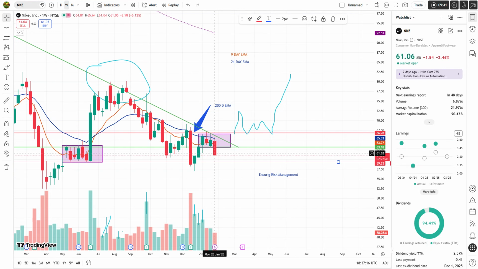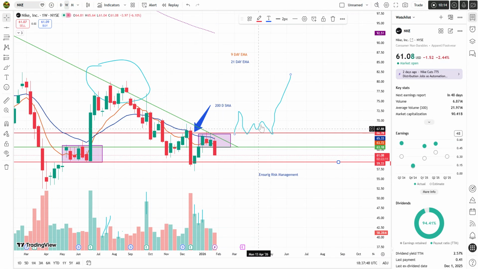Don't do revenge trading. Don't say, okay, let me come back into this. No, let the stock prove itself to you. How will Nike prove itself to us? Number one, this is a key area that Nike needs to come to. The 66 area is where Nike needs to come to. It needs to come to this area, either surpass with a nice green high volume candle,